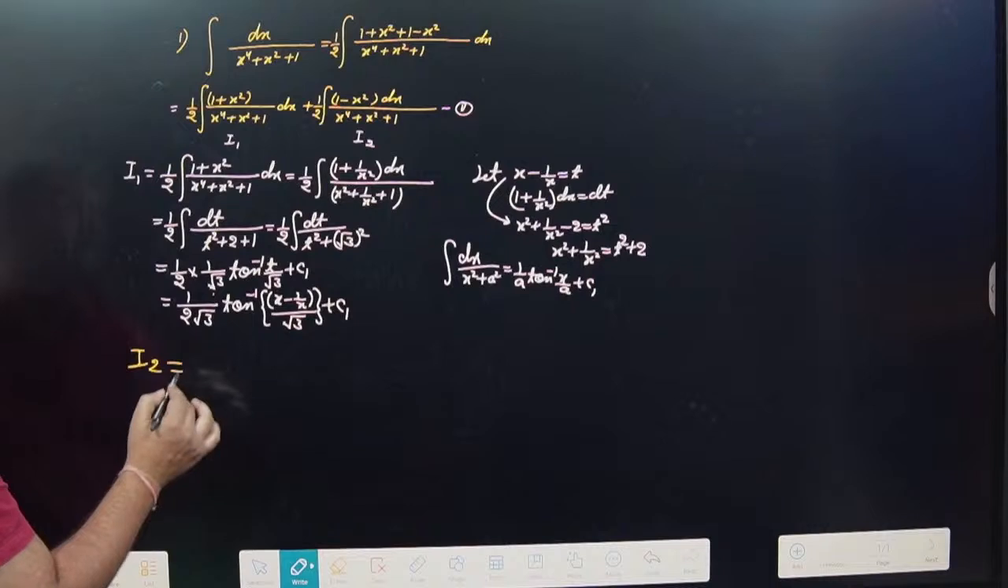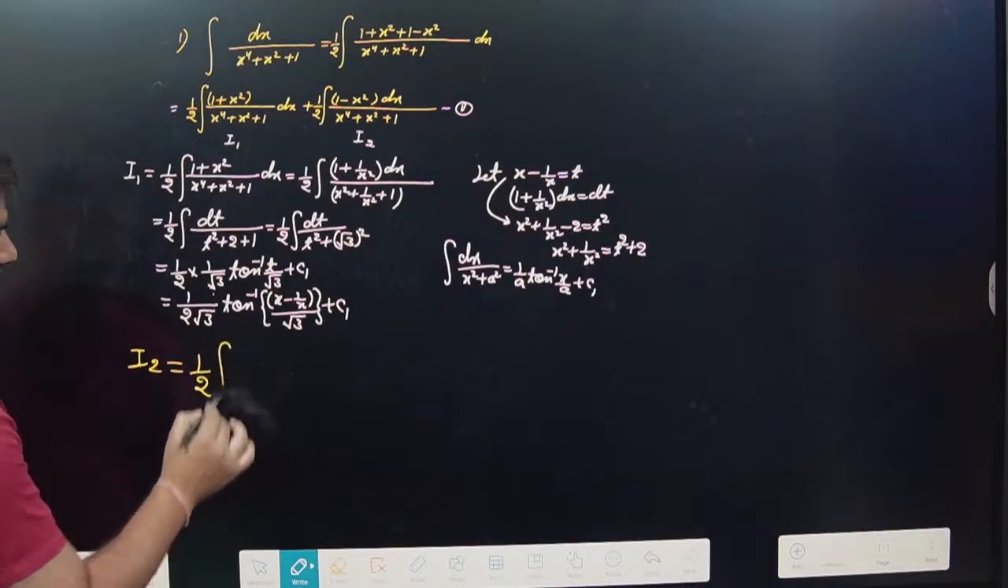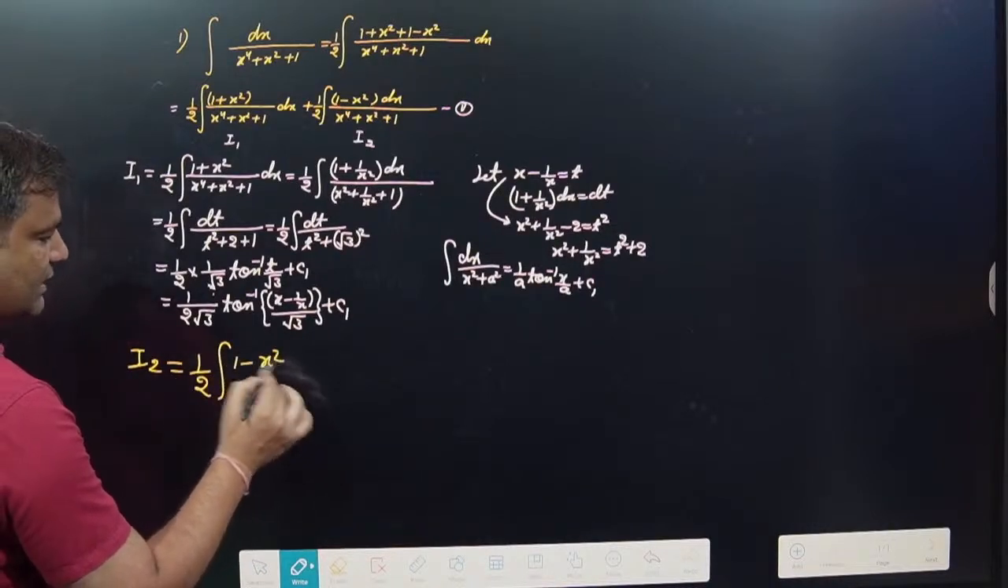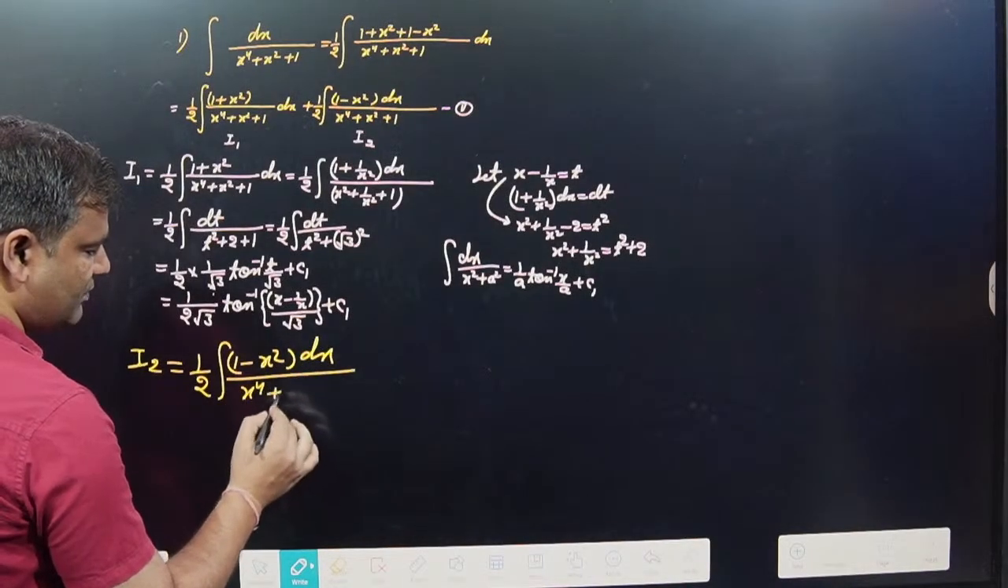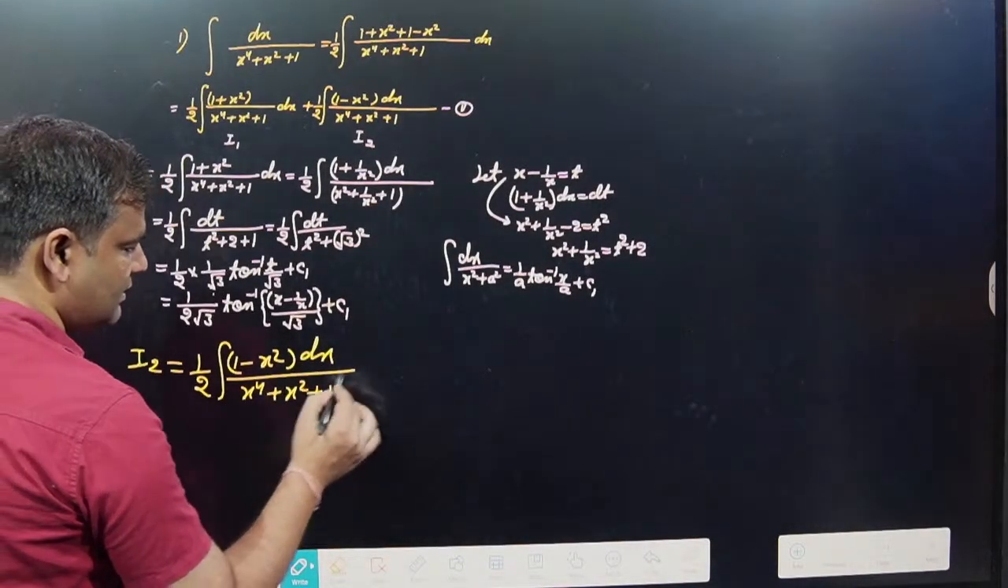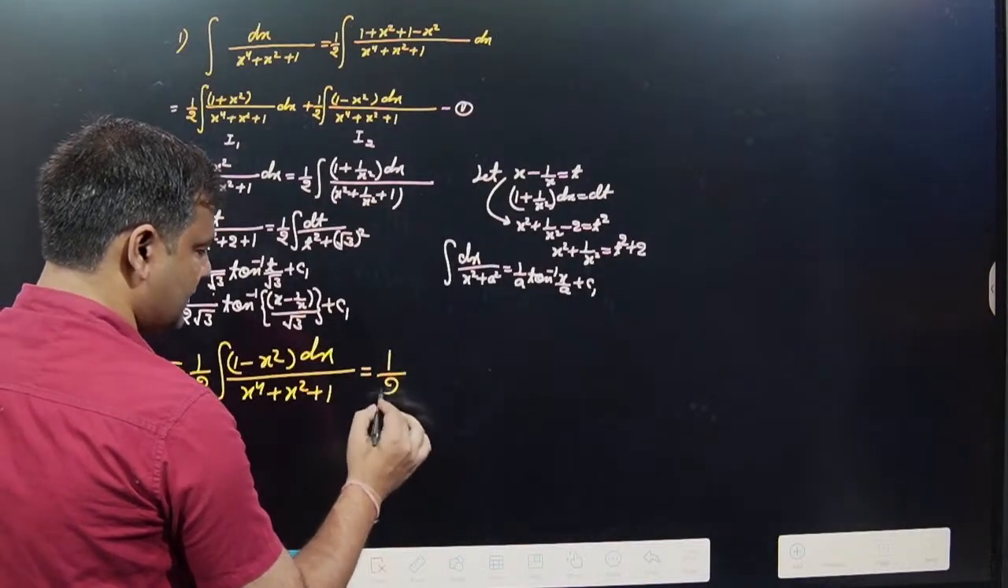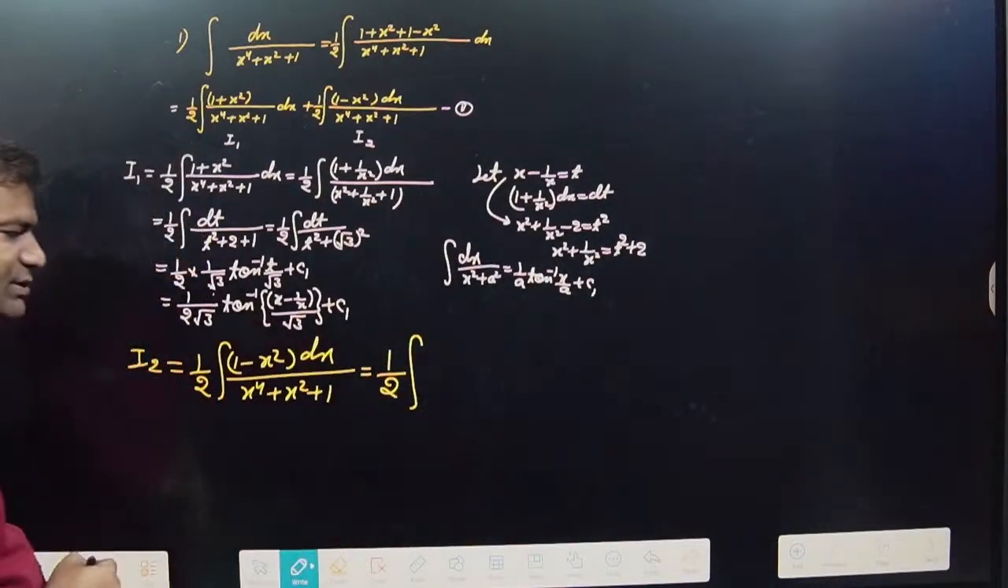I2 is given how much? 1 by 2 integration of (1 minus x square) dx divided by how much? x to power 4 plus x square plus 1. Now look here, again divide by how much? x